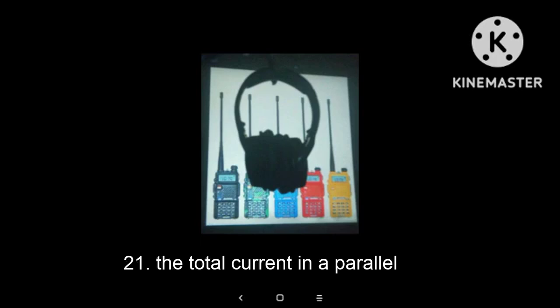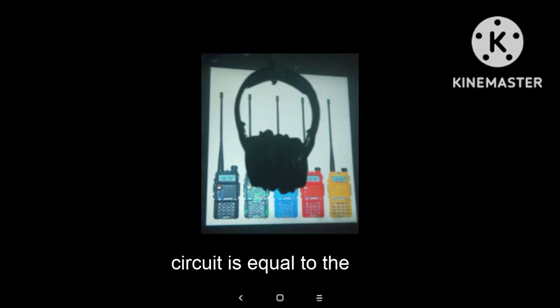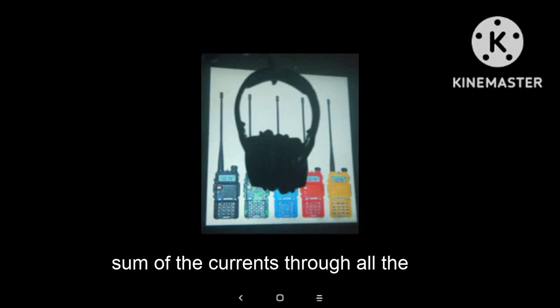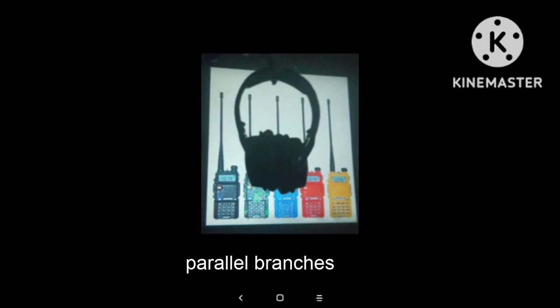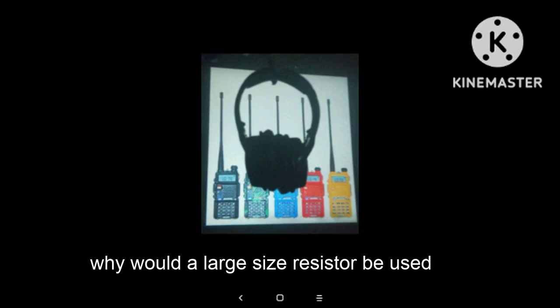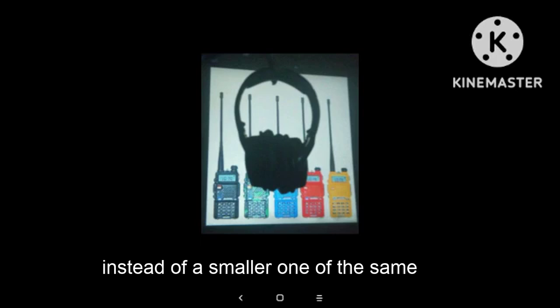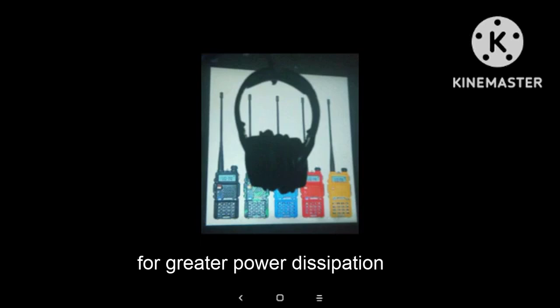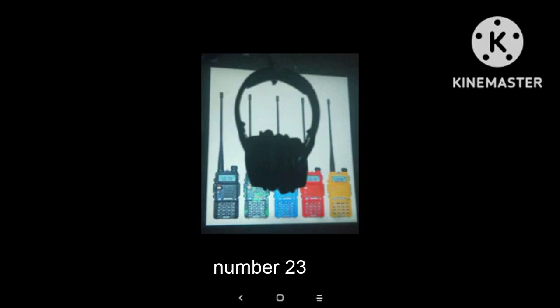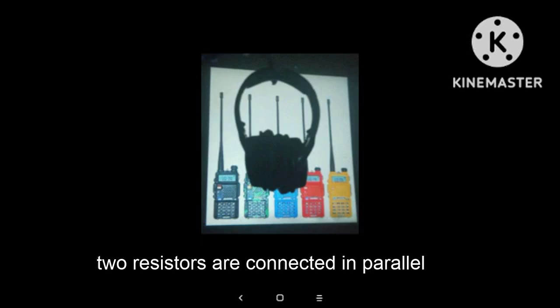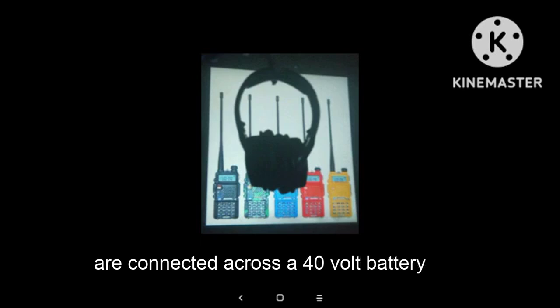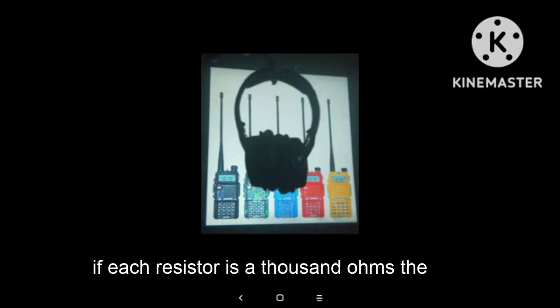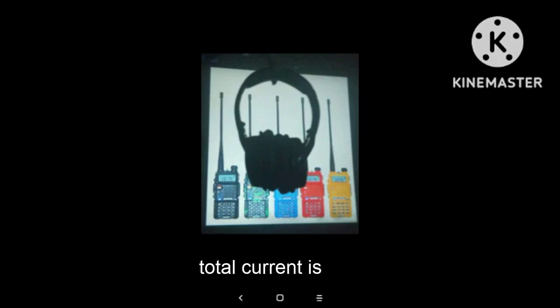21. The total current in a parallel circuit is equal to the sum of the currents through all the parallel branches. Number 22. Why would a large size resistor be used instead of a smaller one of the same resistance? For greater power dissipation. Number 23. Two resistors connected in parallel are connected across a 40-volt battery. If each resistor is 1,000 ohms, the total current is